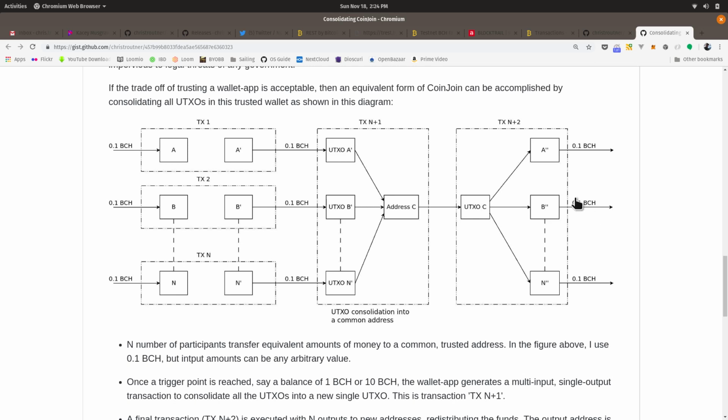But in its essence, how the consolidated CoinJoin works is a whole bunch of people, each one of these transactions represents a person participating in the CoinJoin. They send them all to an app that takes all these transactions and consolidates them into one single UTXO, and then the app redistributes the money after the consolidated UTXO happens, and the only people who know the output addresses are the users using the system and the app itself.